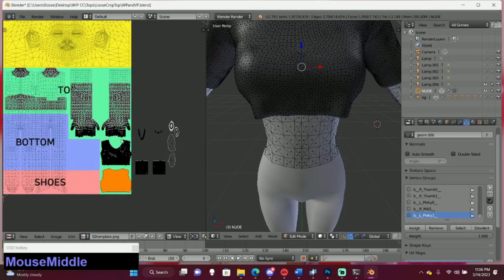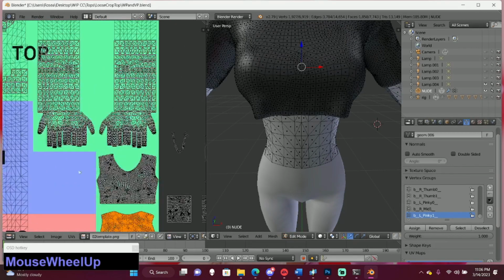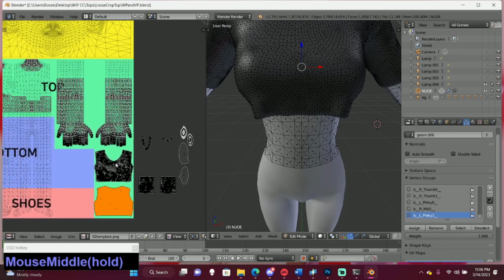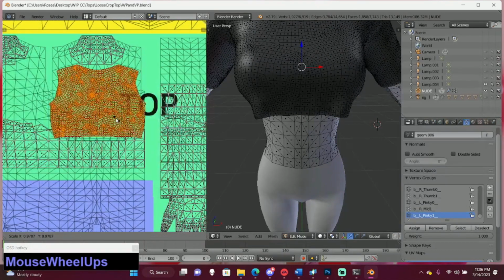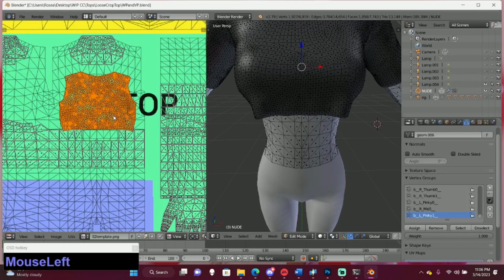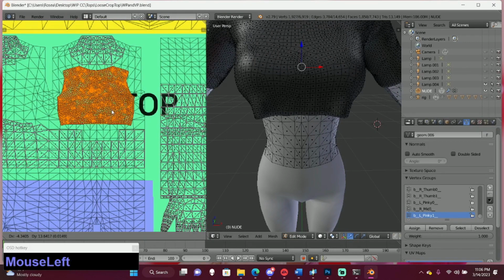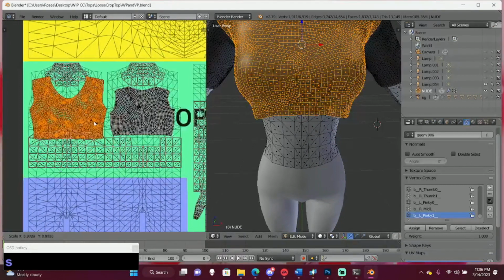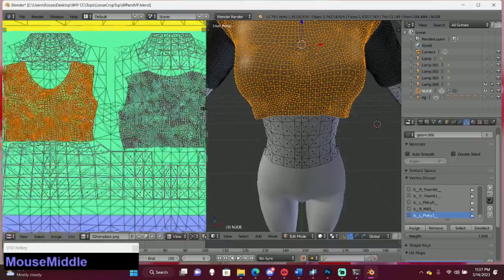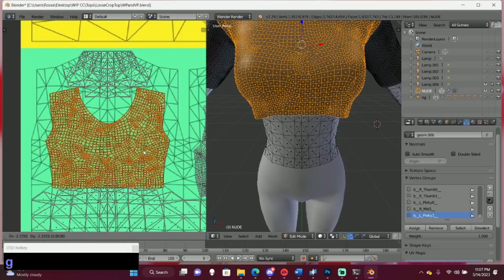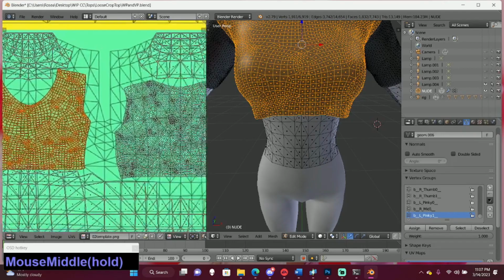Now some creators will say not to put your mesh stuff here because a lot of people will put accessory stuff there. I've even put accessory stuff there, but I usually opt for what gives me the bigger mesh. I guess this time it's not much of a difference, so we'll put it right here. I always try and keep shirt pieces about the same size so it doesn't cause issues when texturing.